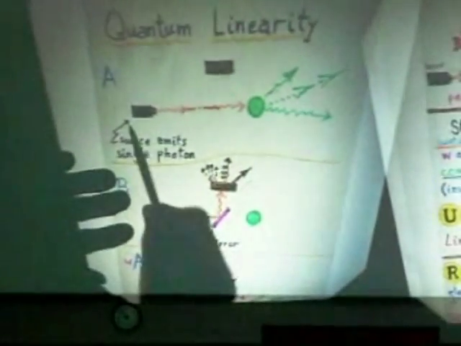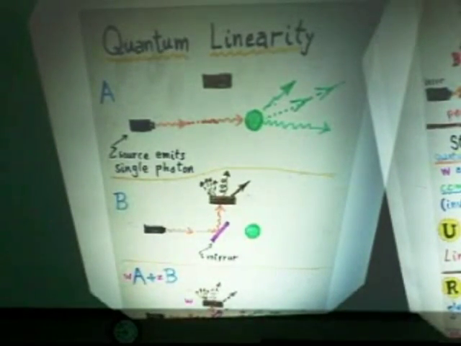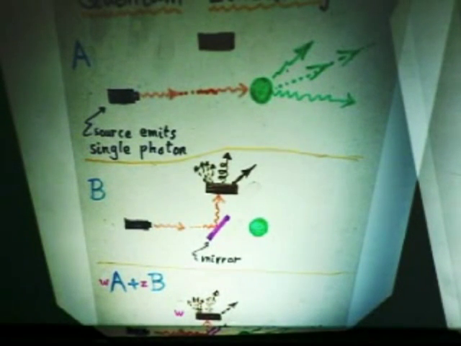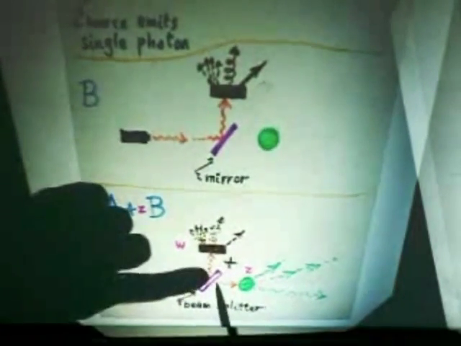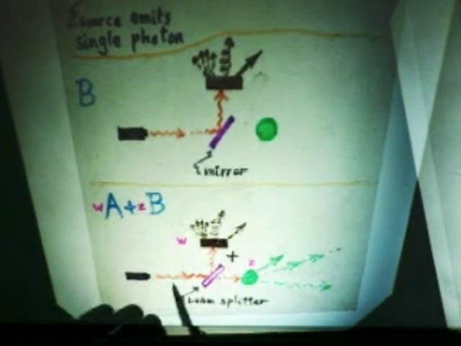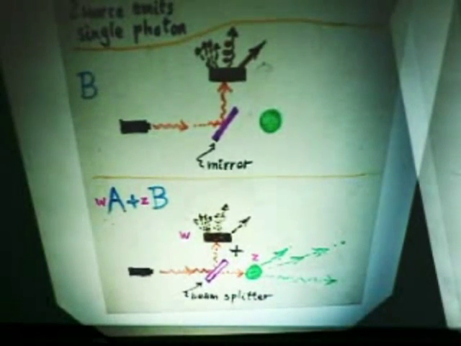Here we have an experiment, a laser again, and the photon or particle, whatever kind of thing it is, let's say a photon, comes and hits this green thing and produces a lot of junk. Or there might be a mirror in the way, and it hits the brown thing instead and produces a lot of different junk. But if this is a beam splitter, then it goes through both at once in some strange sense. And so linear says that whatever happens this way, and all the resulting consequences of that action, have to be added to,